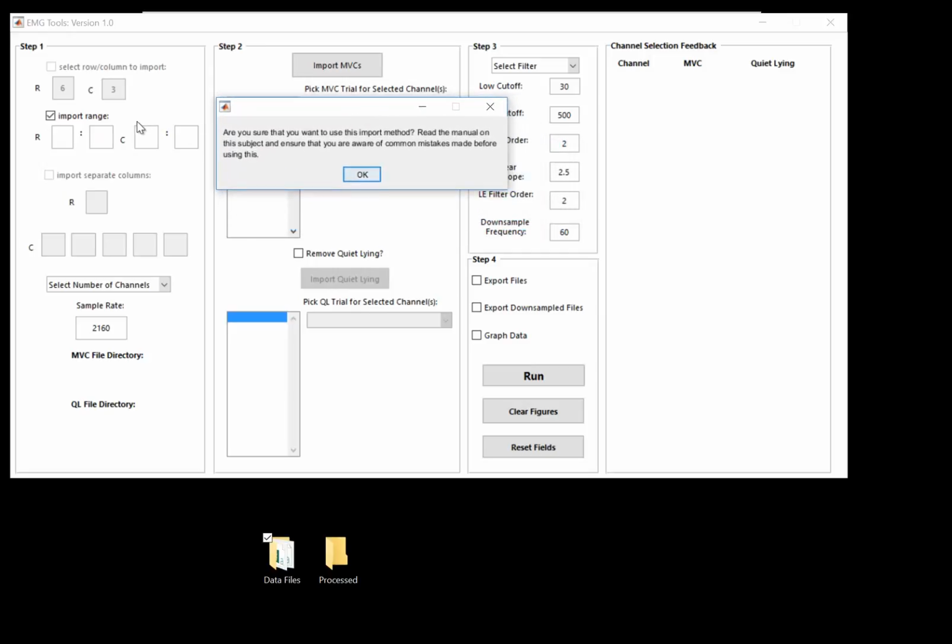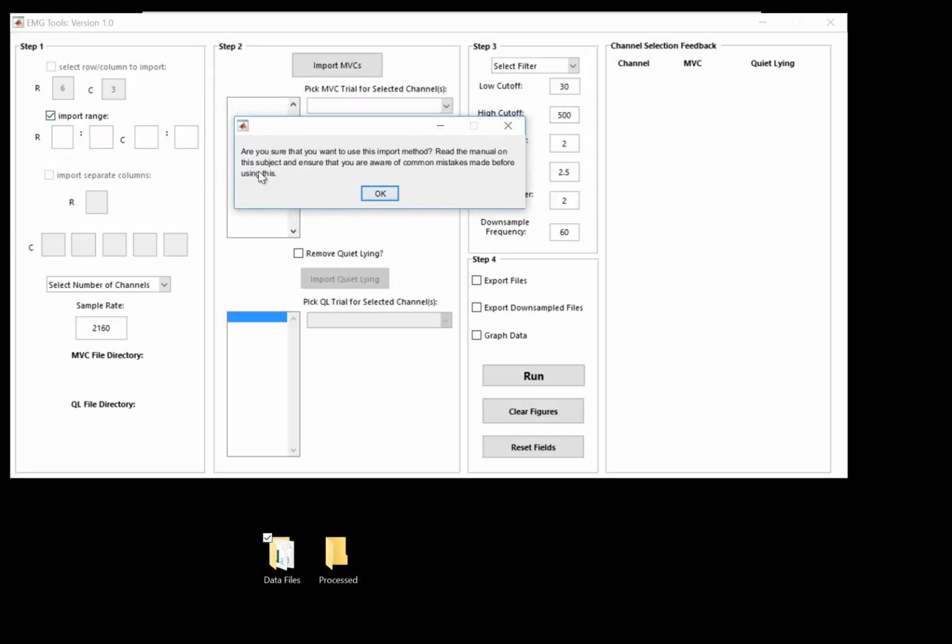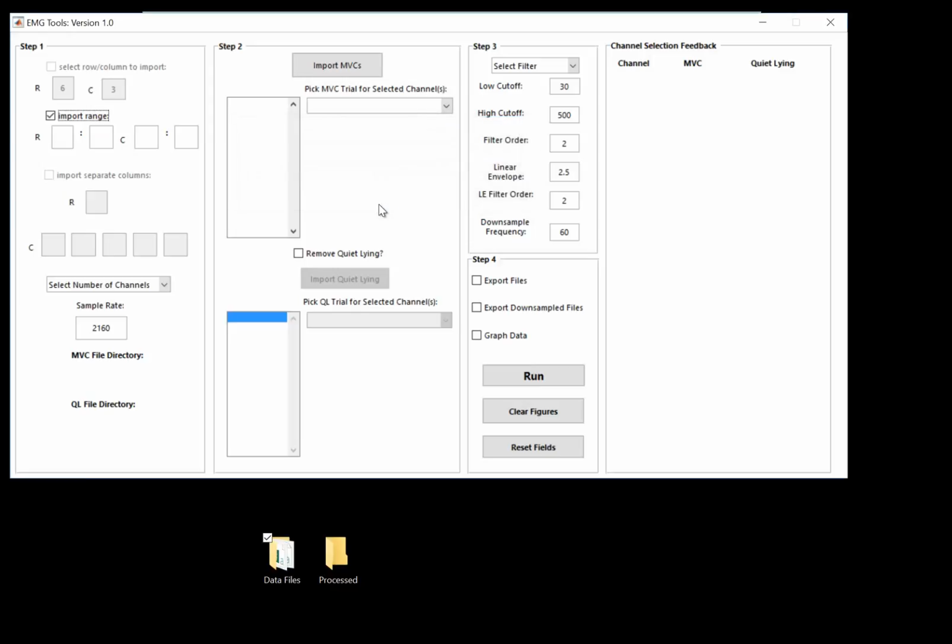When I select the range import method, this big scary window comes up and asks me basically if I'm sure that I want to do this. The first thing you need to be aware of is that when you select the range import option, I'm specifying to EMG Tools that I need to import a range of data, more specifically, a range of rows here. So if I select rows 6 to 1,000,